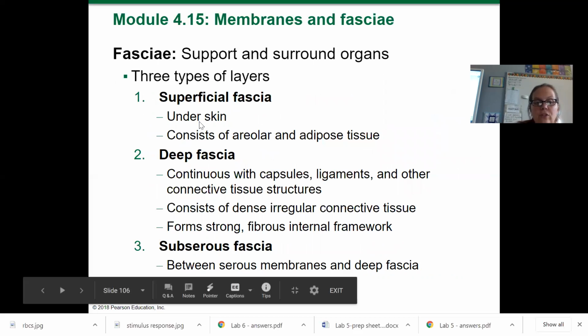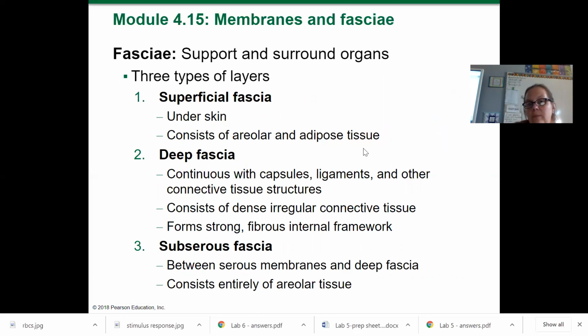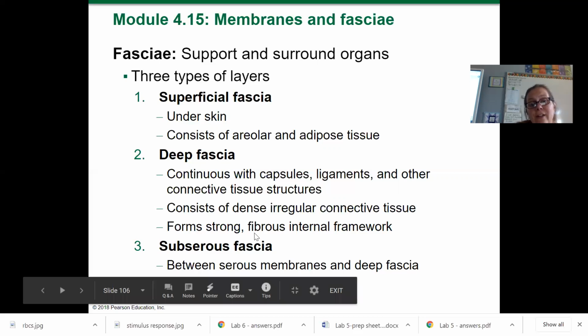So there is superficial, deep, and subserous, and they talk about that on page 169. Superficial fascia is under the skin, and it's composed of areolar and adipose tissue. Deep fascia is deeper, obviously, but it's got a lot of other connective tissue structures, including vascularization, and it's very strong and a fibrous internal network. And then